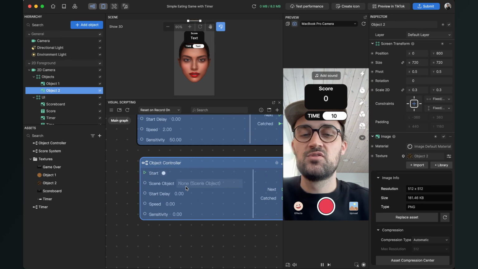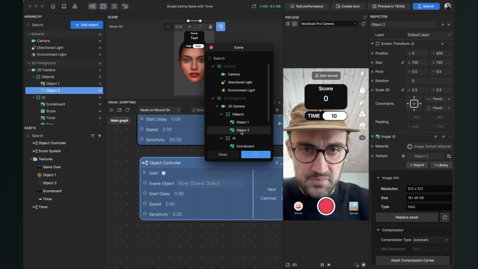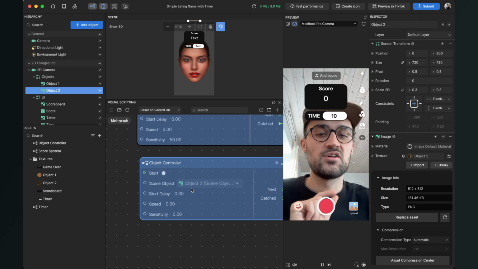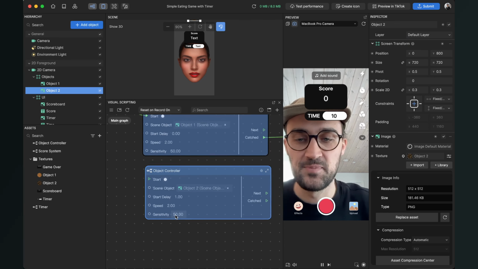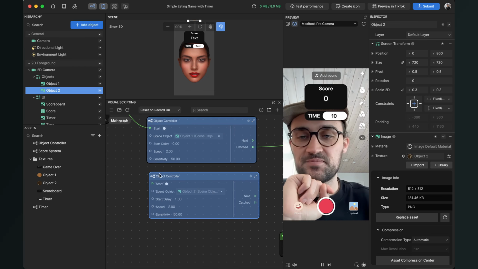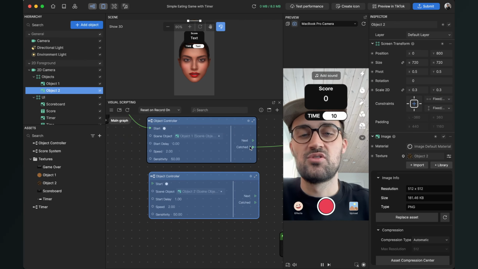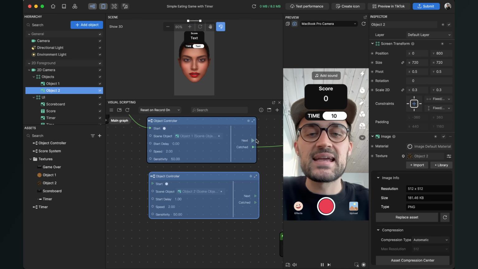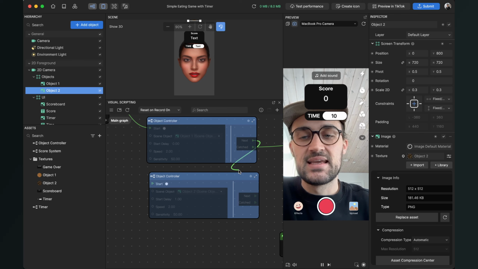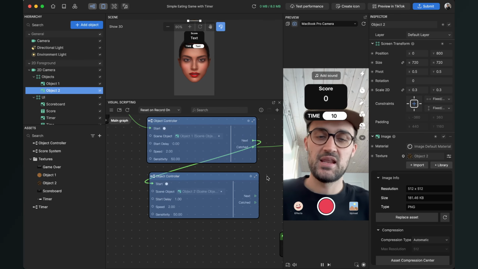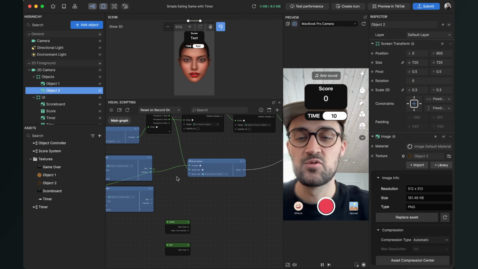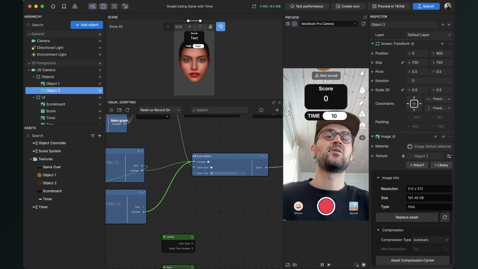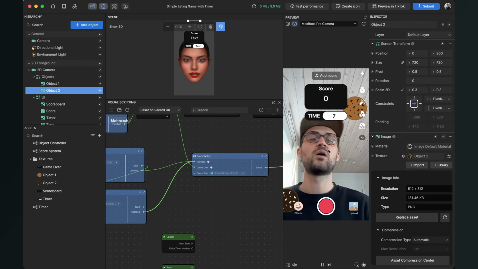Now for this we want to control the scene object 2. Now it has also a start delay of 1 second and the speed will be 2 and the sensitivity will also be 15. Now we also have, of course, to start this object controller. So the first object controller has a next output and just connect this next output to the start input. And now we also have to connect the catched output to the score system increase input. And now we have, when we tap on the screen, 2 objects